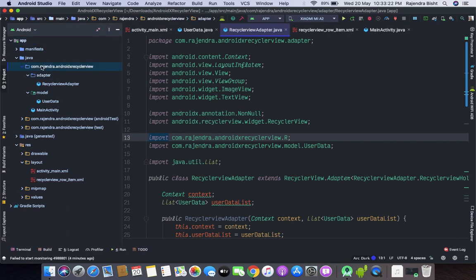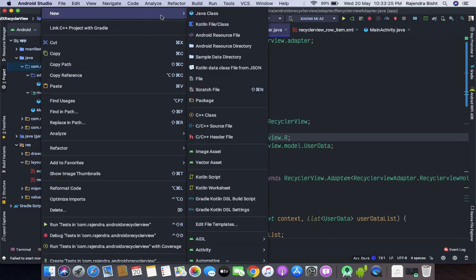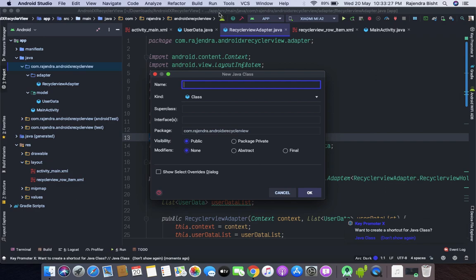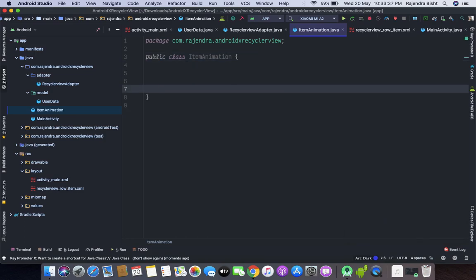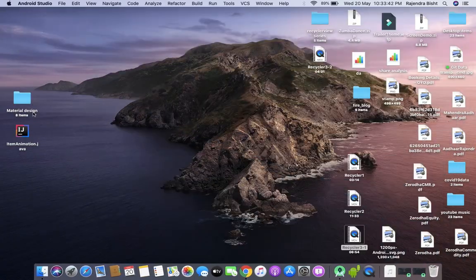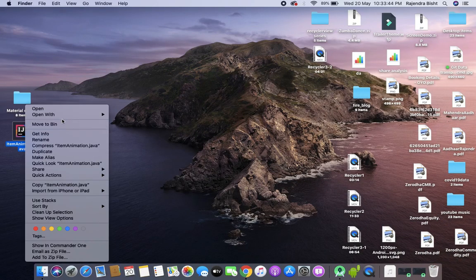So first of all I will create an item animation class. Let's say item animation. I have already written the code, I am just copying and pasting to save our time.